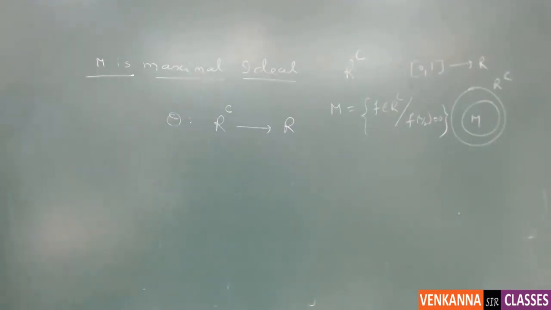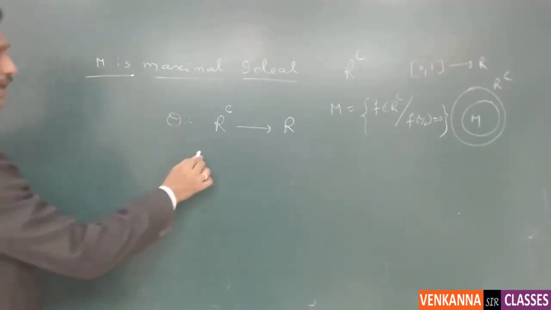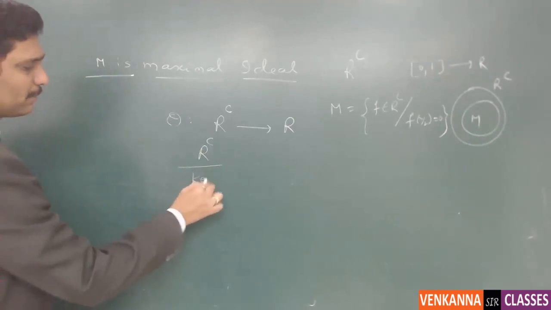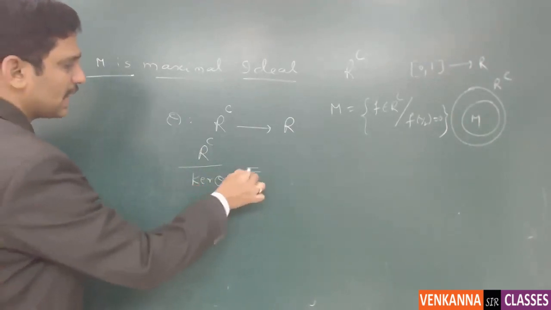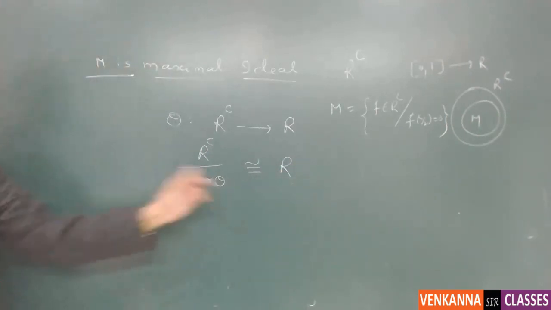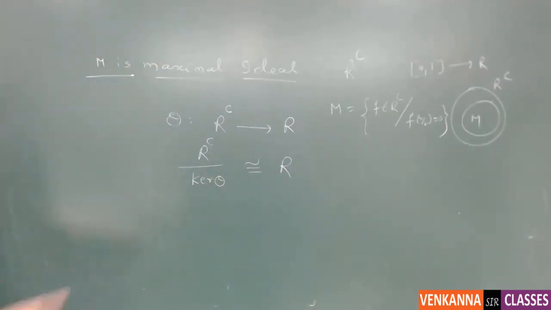Right. Now, here comes the beauty of the fundamental theorem. As per the fundamental theorem, domain by kernel is isomorphic to codomain. This is the beauty of the fundamental theorem. Yes, h is onto. Why? Because, see,